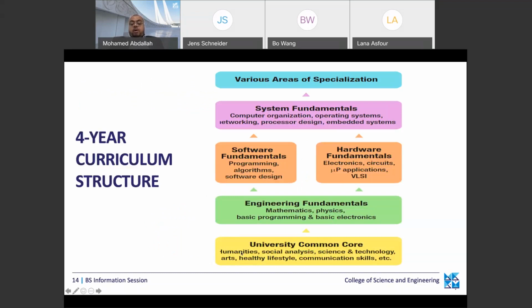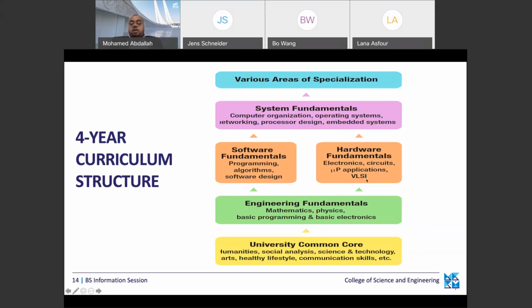Initially, you have the University Core, what they call general education courses. We're going to talk about humanities, social analysis, science, technology, health, lifestyle, communication skills, history, politics. Then there are engineering fundamentals, where you are going to learn math, physics, and some basic programming and basic electronics. Then you are going to take some courses focused on hardware fundamentals: electronics, circuits, microprocessor application,